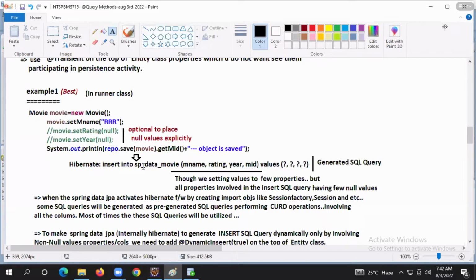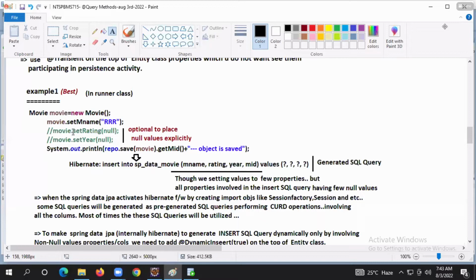They are called pre-generated SQL queries. For every entity class, Hibernate internally maintains 7 to 8 pre-generated SQL queries: one insert query with all columns, one update query modifying all columns except the primary key column, one delete query based on the criteria, and a select query loading all columns. When you call, most of the time those pre-generated queries only will be used.